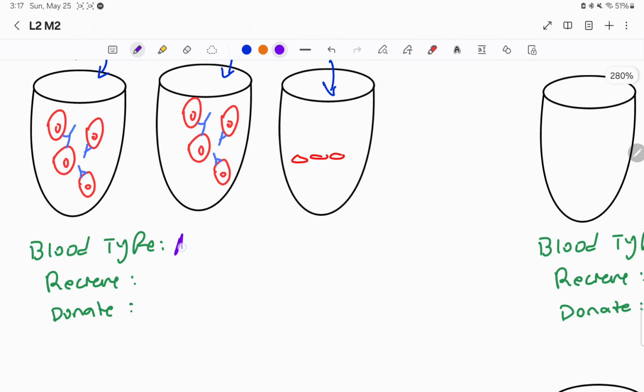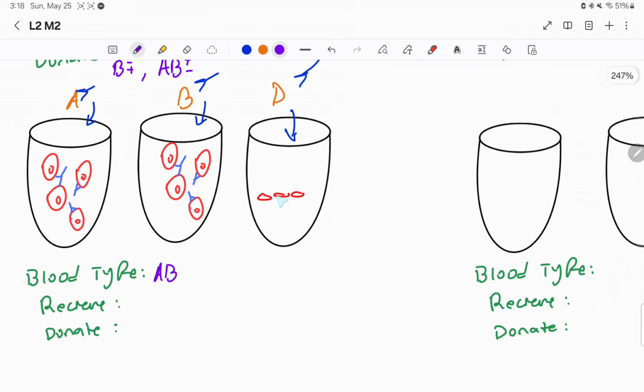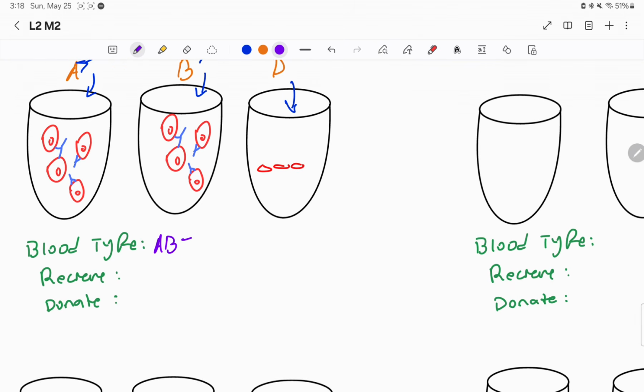I can conclude that this guy is both blood type A, B, okay, because something happened here and something happened here, but since nothing happened here, he's AB negative. Okay, who can he receive blood from? Obviously AB negative. And